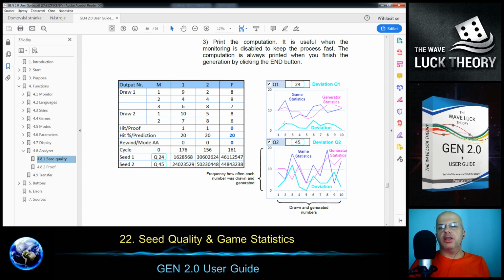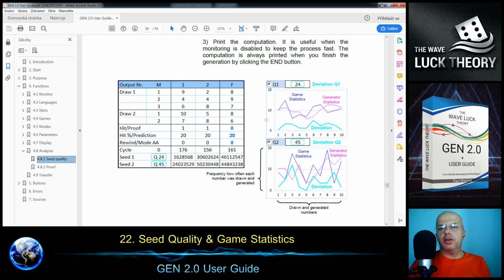But in other cases, for ball number 2, it was drawn more than generated, and we have some deviation here. The deviation can be plus or minus. Then I sum all the deviations for every ball from 1 to 10 and get the sum, which is equal to the quality of the seed. In our case it is the number